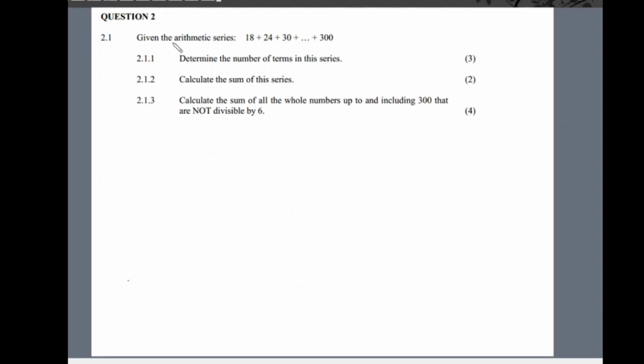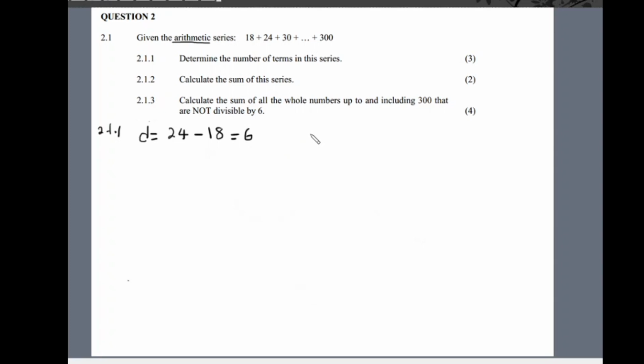Because it's an arithmetic series, we know that we have a common difference somewhere, right? And then question 2.1.1 is to determine the number of terms in this series. Since it's an arithmetic series, there is a common difference. So let us go ahead and calculate the common difference. Our common difference will be the second term minus the first term. So 24 minus 18,